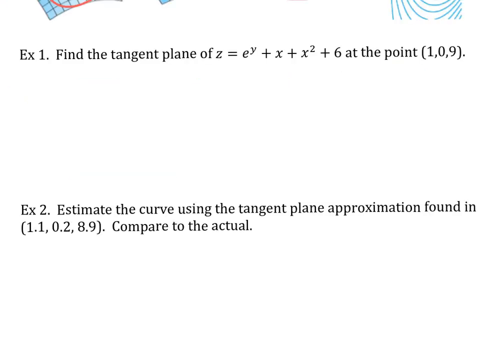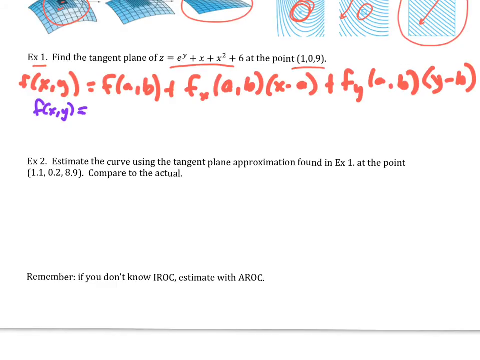So let's look at some examples. Example number 1 says that we want to find the tangent plane of this function right here at the point 1, 0, 9. So what we're going to do is go ahead and find the differential for x, differential for y, and put this all together. So let's take the differential for x of xy,